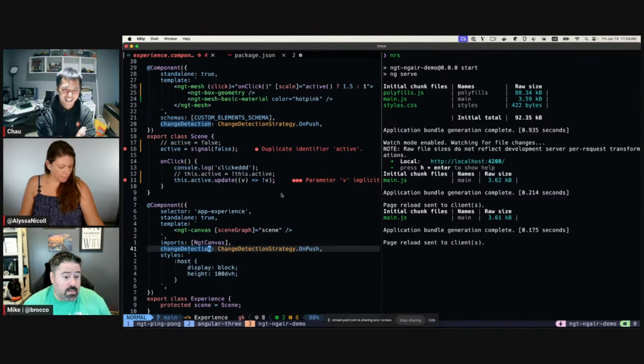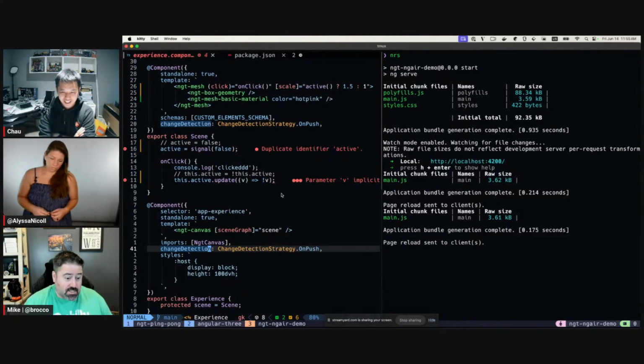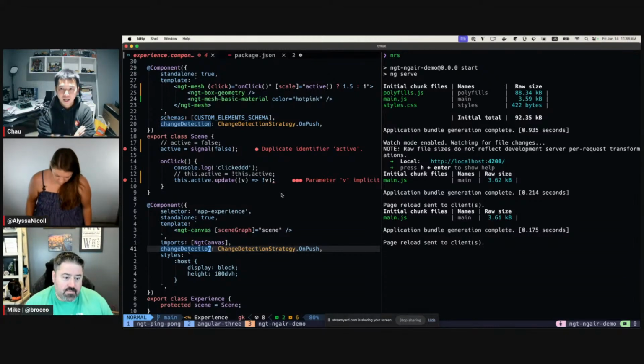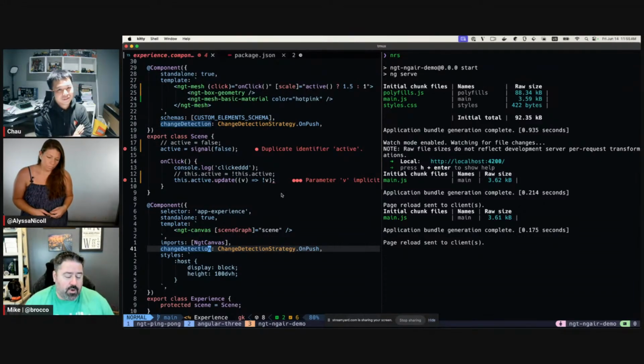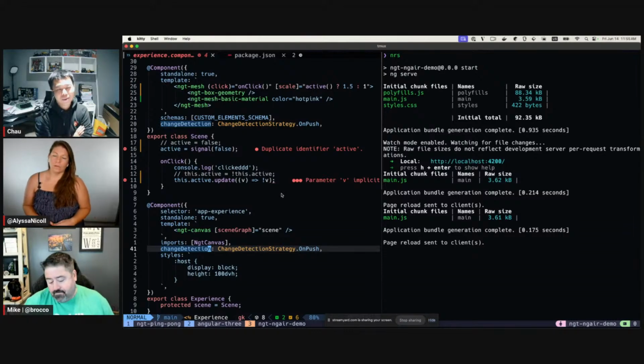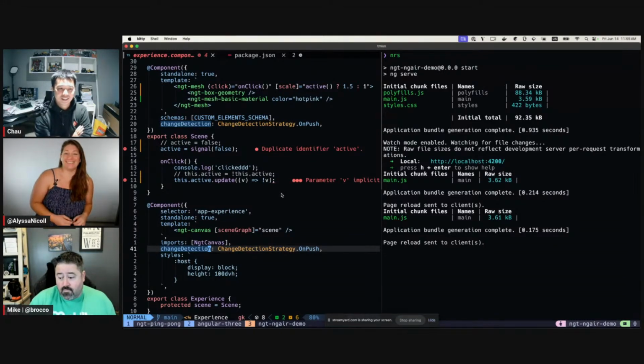I have one question real quick. Yeah, what's your question, Mike? When moving to Zoneless for this application, I know it's not a huge application, not that it's not cool, but it's not a huge application, have you noticed any performance improvements? Well, at least I don't have to pay 80 kilobytes for Zone.js, but not very noticeable. Fair. I think it'll be more noticeable on larger applications. Yes. As Chau was saying, the developer experience seems to be a lot better. So at least there's that win.